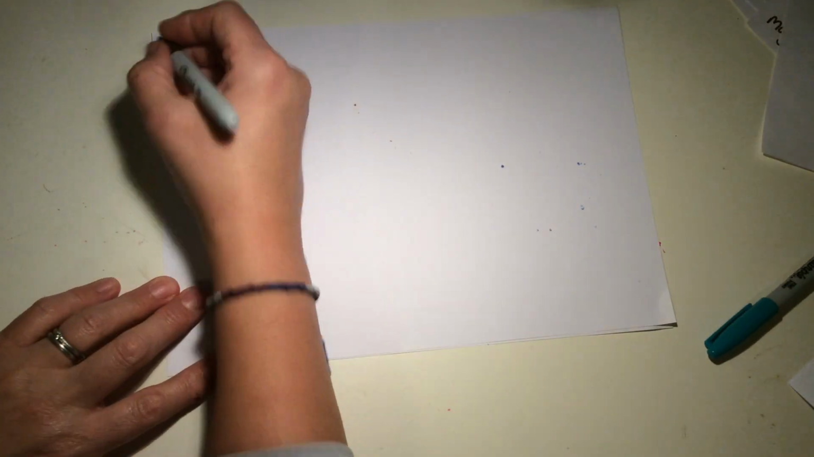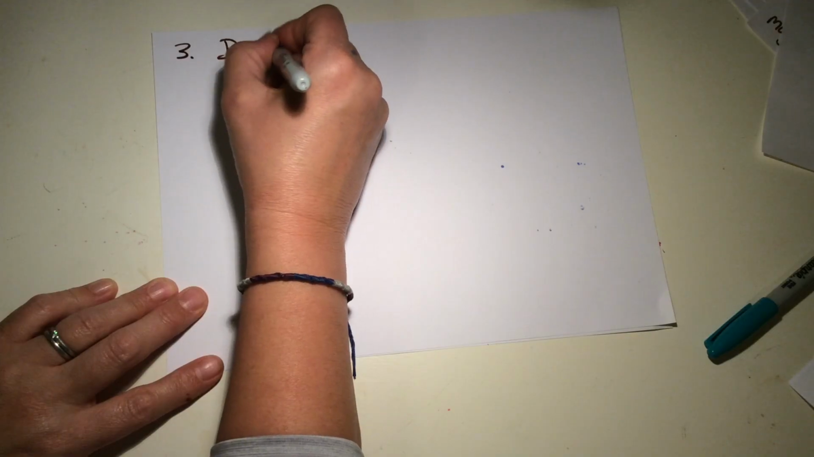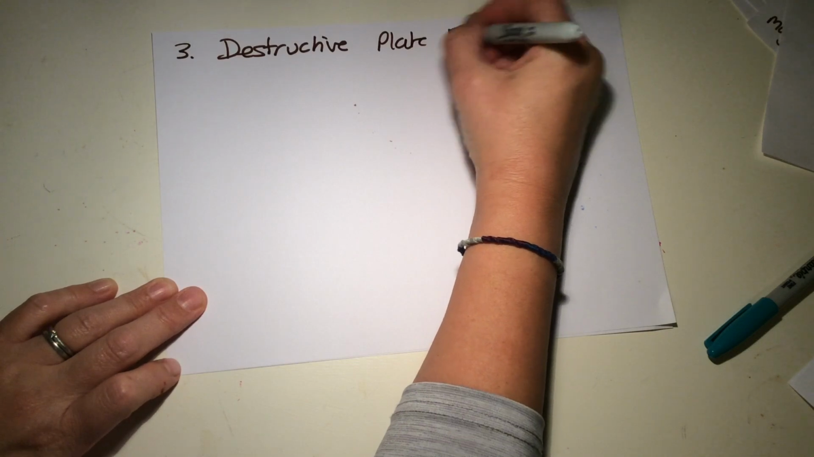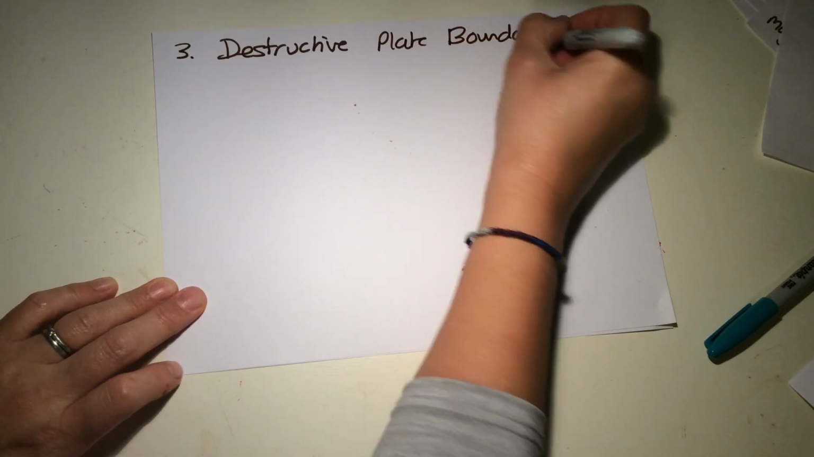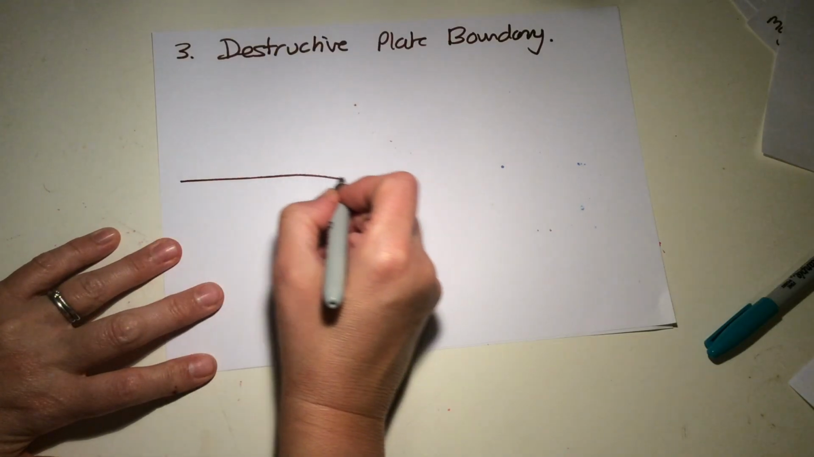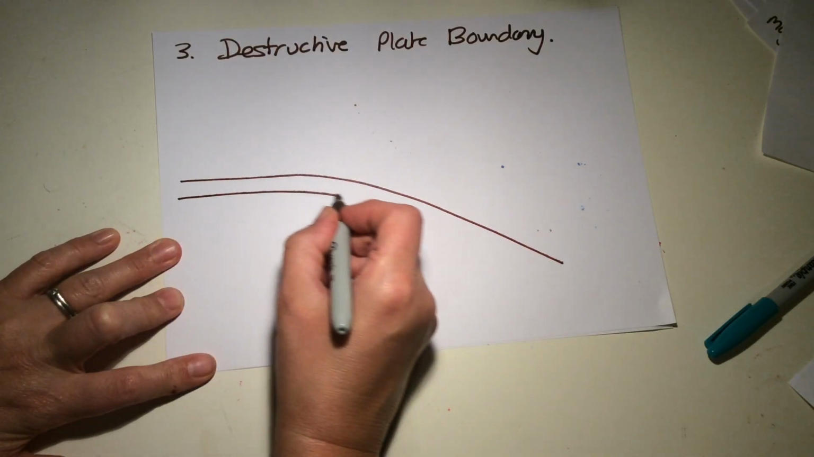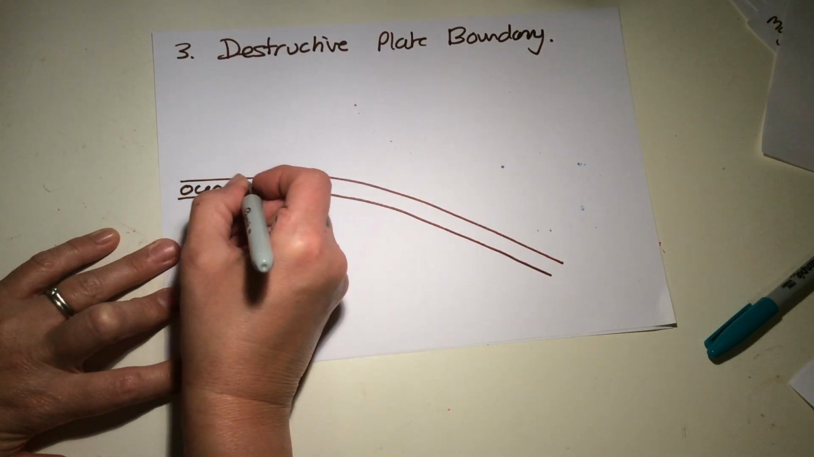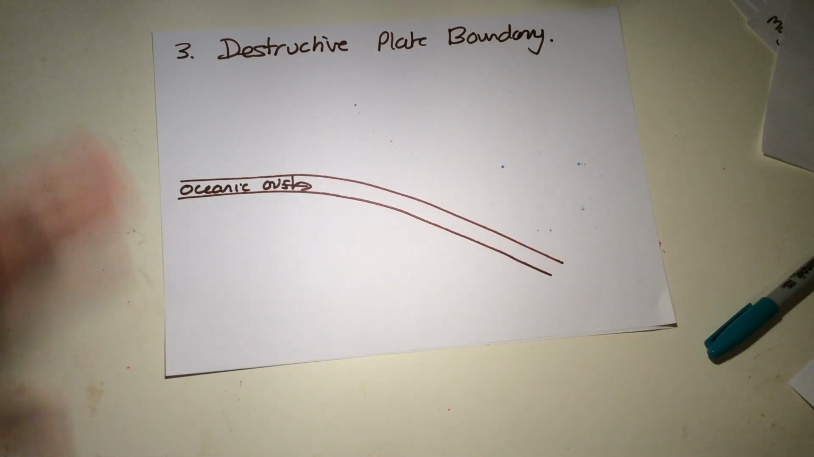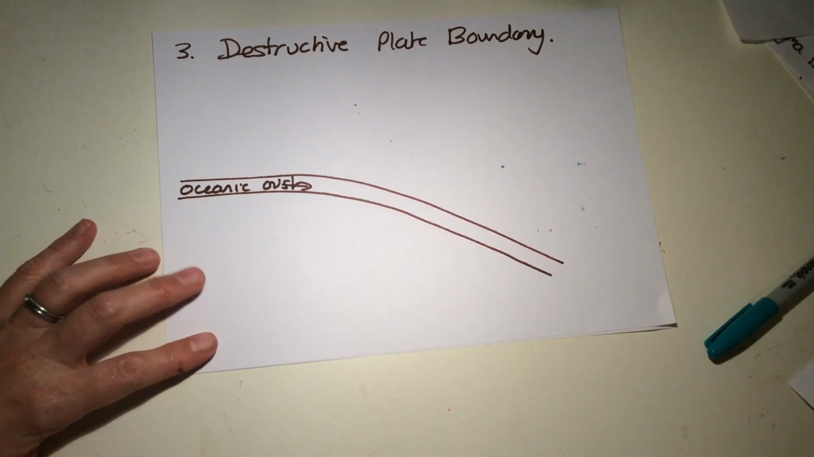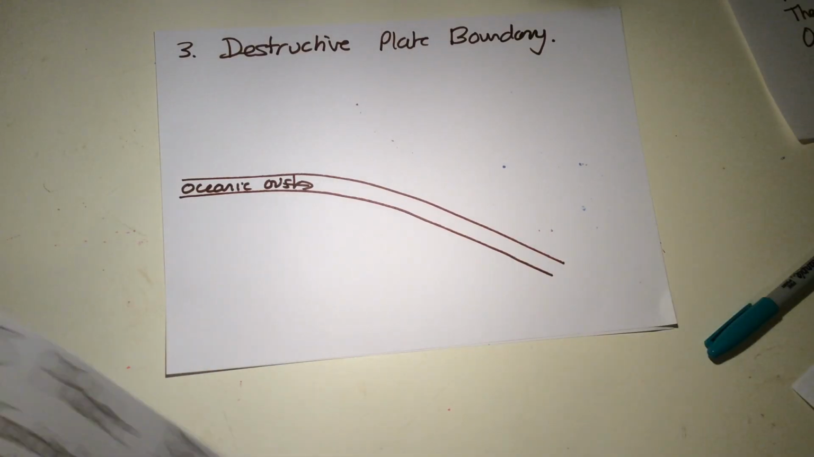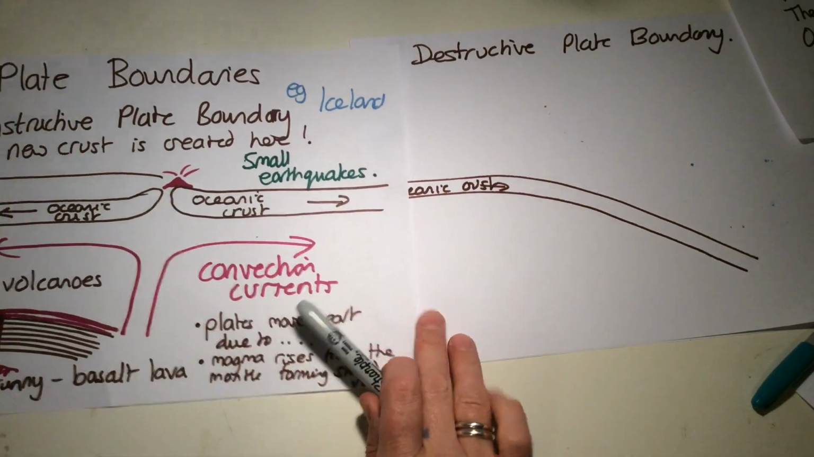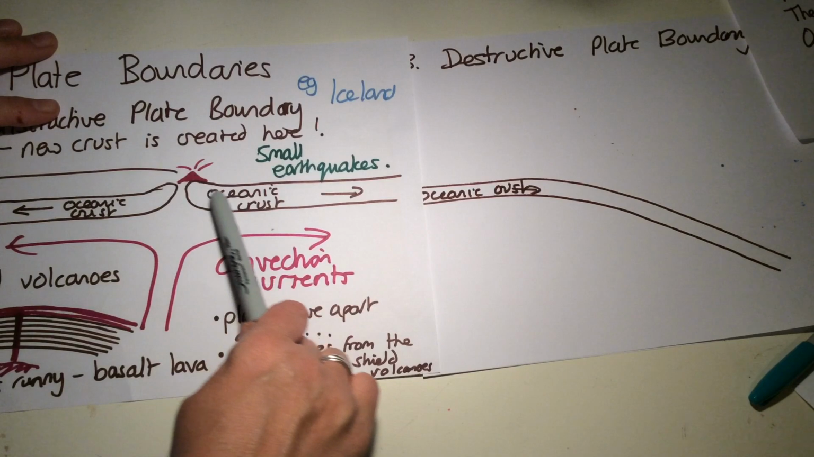Number 3, my personal favourite, the destructive plate margin or plate boundary. Okay, so let's just draw a picture. We have one piece of crust and it's going that way. This is oceanic crust, and at the other end of this crust it will actually be being created. So if we bring in our constructive plate boundary over here, you'll have it being created, and that plate will be moving along,